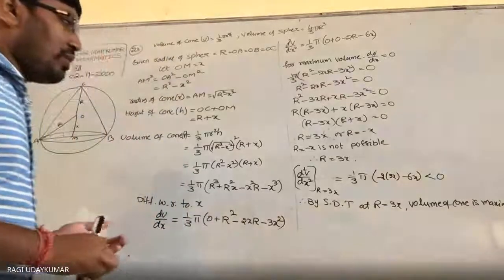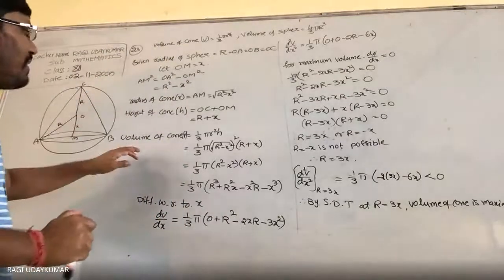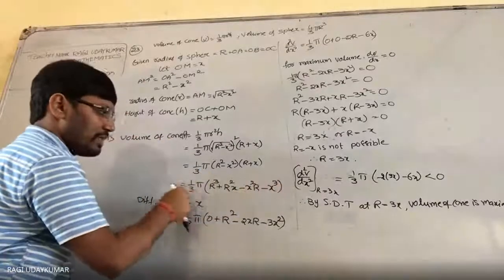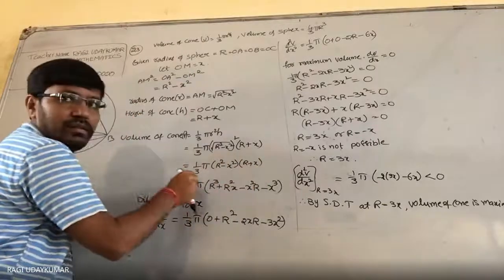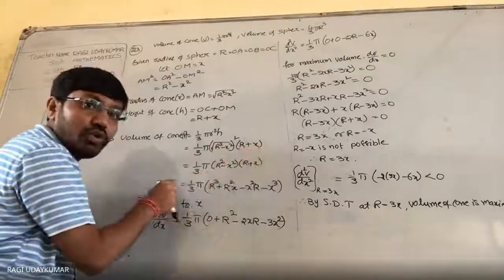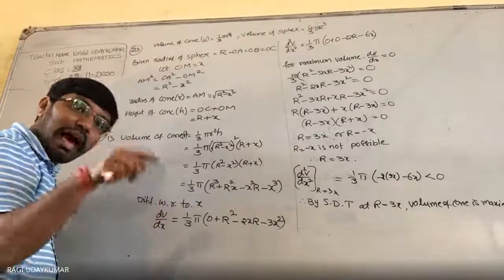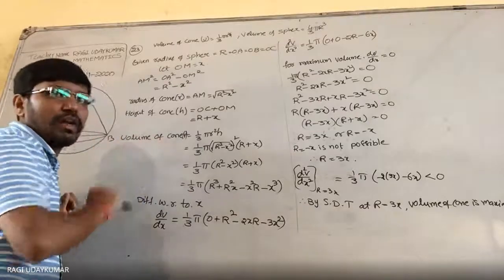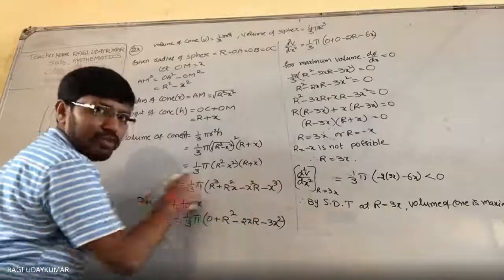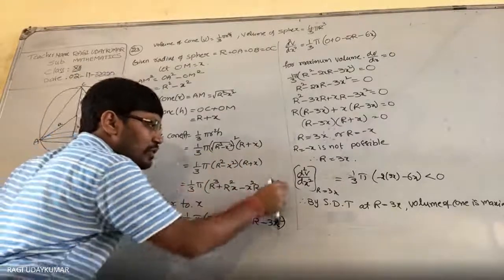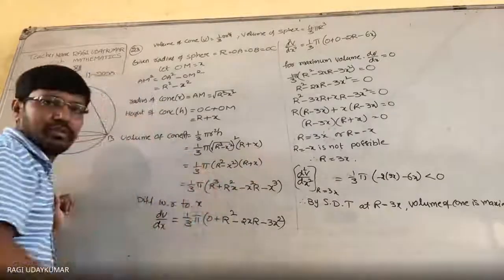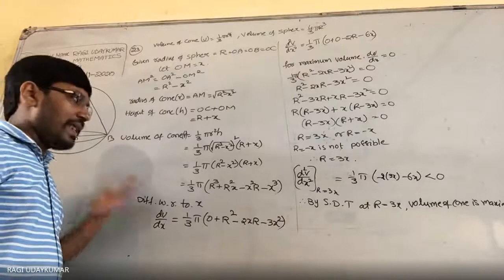So that is nothing but the volume of the cone, whatever is given to you, 1 by 3. This is the volume of the cone. In this place or in this place, you have to replace completely. You have to convert this in terms of capital R only. In terms of capital R you have to convert. This is also the volume of the cone only. So I think it is better you substitute here instead of here. Sorry, instead of here, here you substitute. So in any one you can substitute.